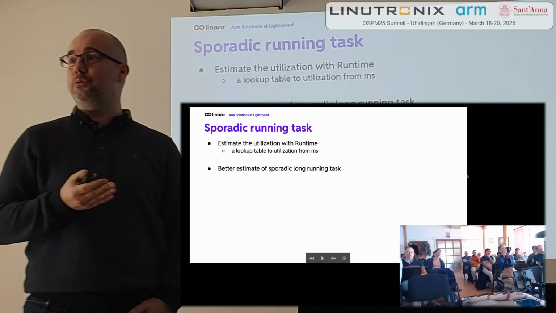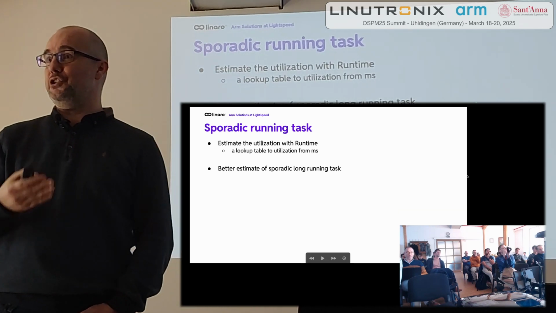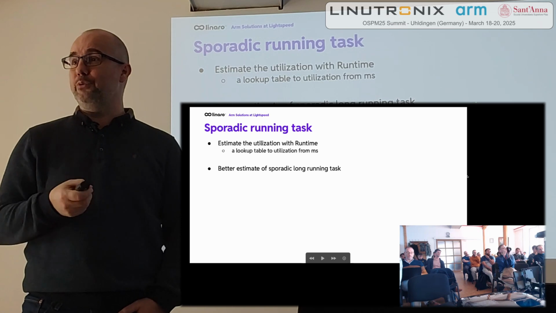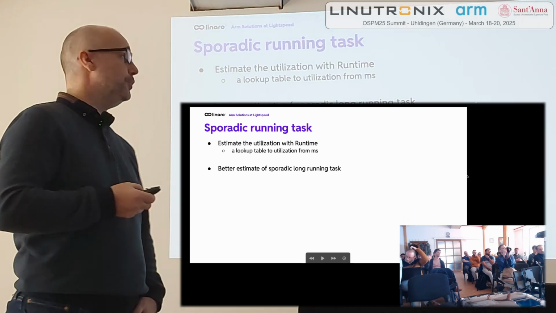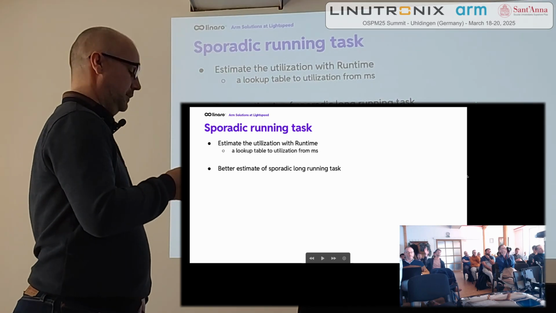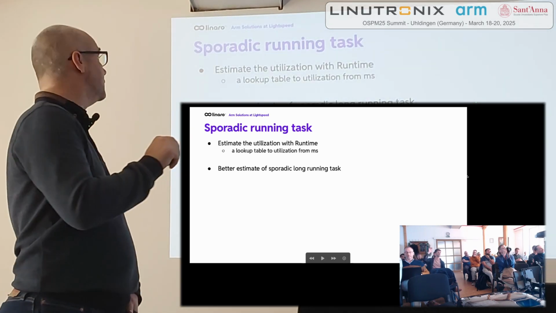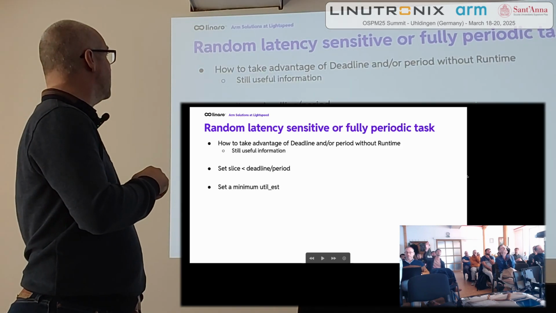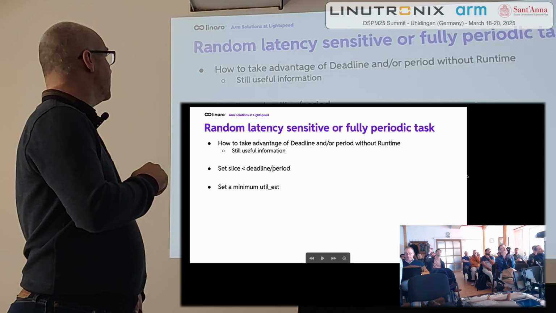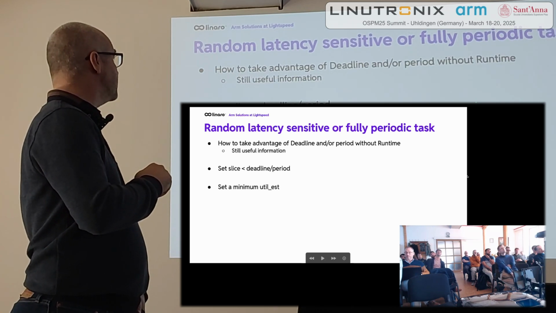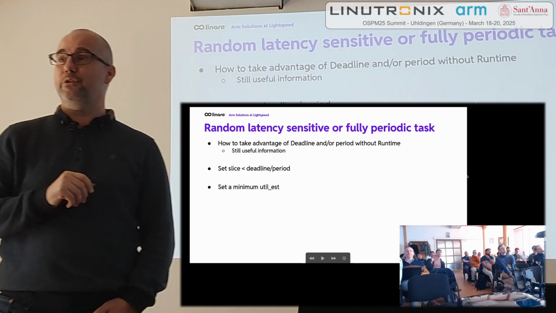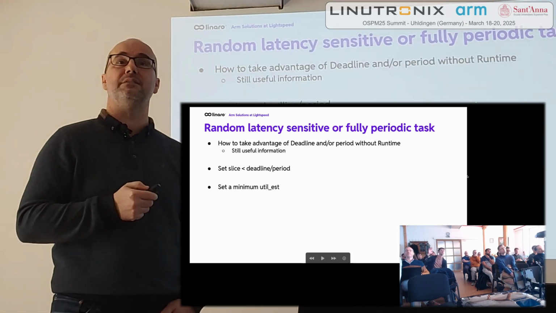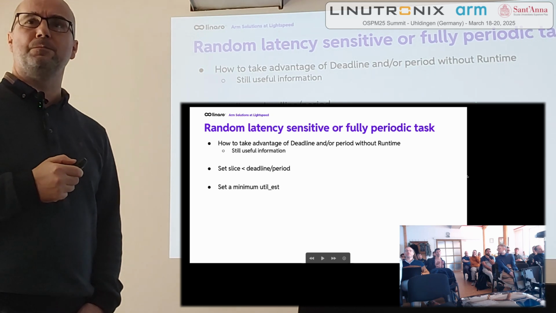Now we probably want to cap the max utilization if we think that the user will just abuse that. Then there are these random latency-sensitive tasks where we don't have any runtime, we only have a deadline, and that's probably the most